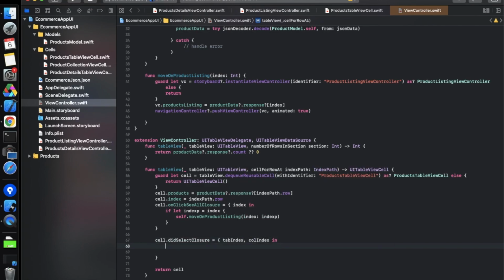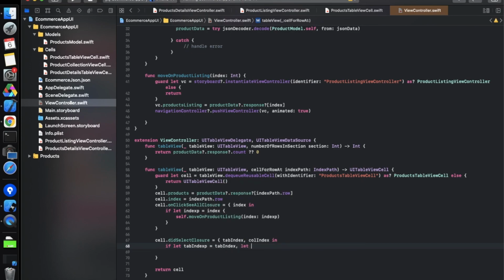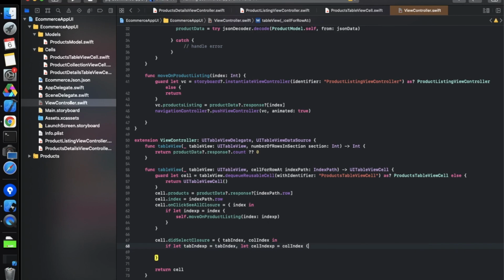Now we have to if let tabIndexP equals tabIndex, because these two things are always optionals. You can also use any other name as per your need, equals cellIndex, something like this.